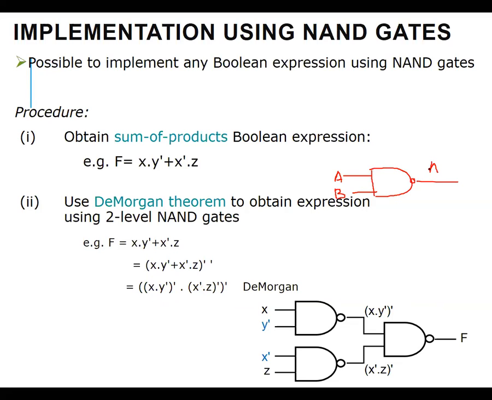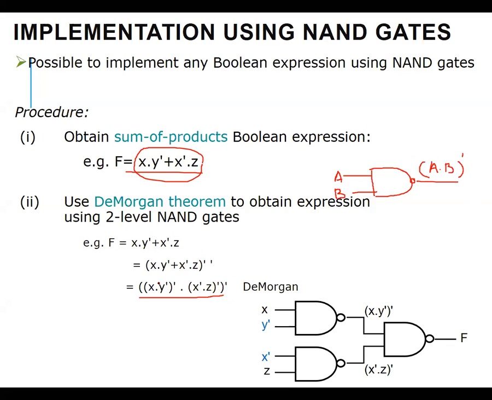A dot B is complement. Okay. You have to form this equation into this form. Now is it in this form? This one is not in this form because we don't have an outer complement mark here. So to convert that into that form, we take complements,